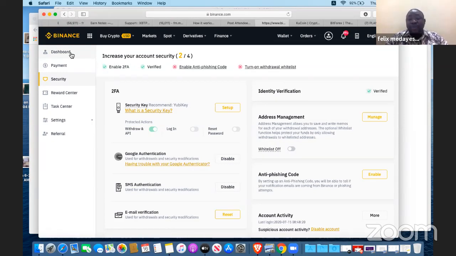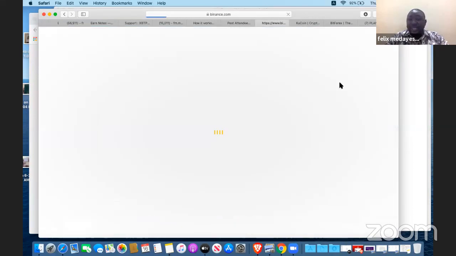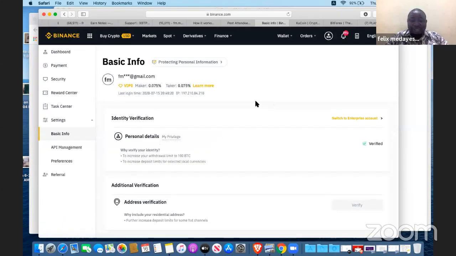So if you want to do your personal verification, at that point, you still go to your profile name and then you go to identification. As you go to identification, it's very simple. It wants you to start enabling your personal identification, which is going to